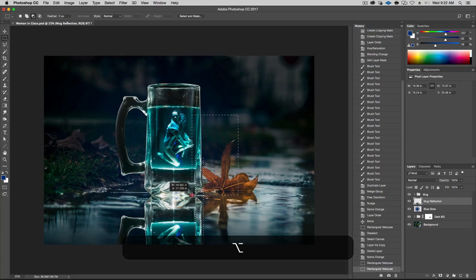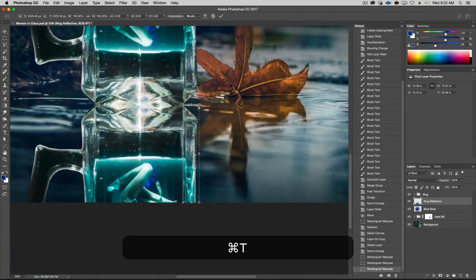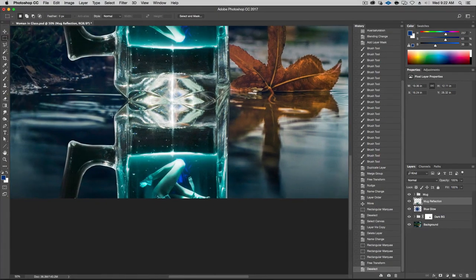Try to get it as close as possible to what we're selecting. All right. A little more. You don't want less. You want more. And then Command T. And now, holding down the Command and Shift key, I can change this perspective completely, and I try to connect those 2 points. So something like this. And I hit return, Command D to deselect, and then I do the same here.